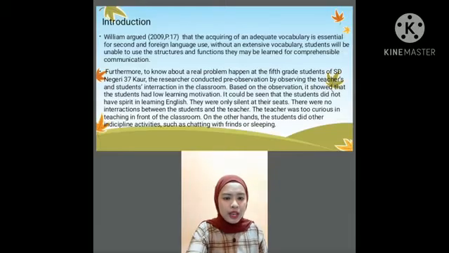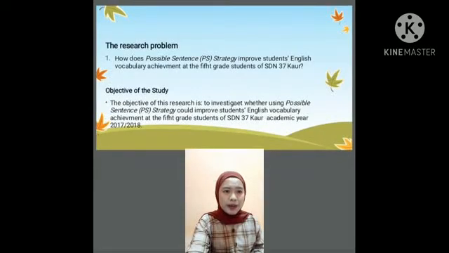communications. Furthermore, to know about the real problem happening at the 5th grade students of SDN 37 Kaur, the researchers conducted pre-observation by observing the teacher and student interaction in the classroom. Based on such problems, how does the possible sentence PS strategy improve student English vocabulary achievement at the 5th grade students of